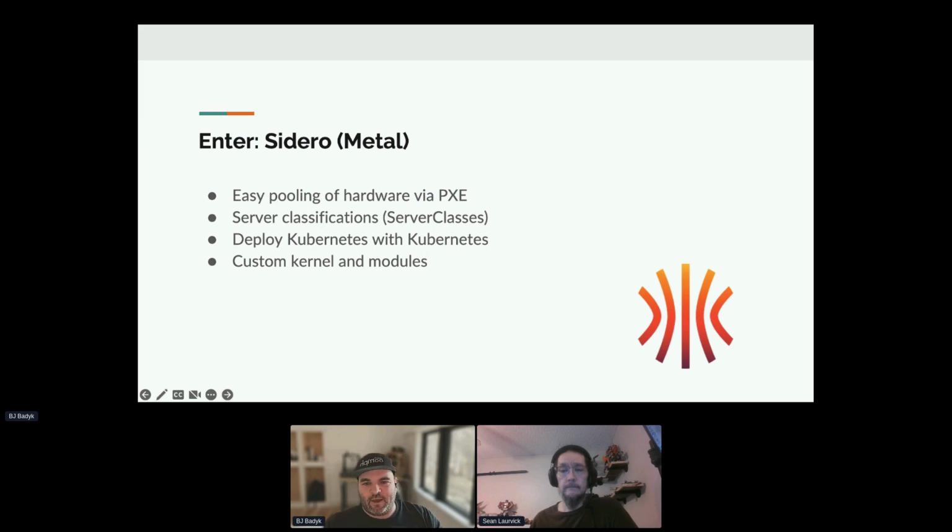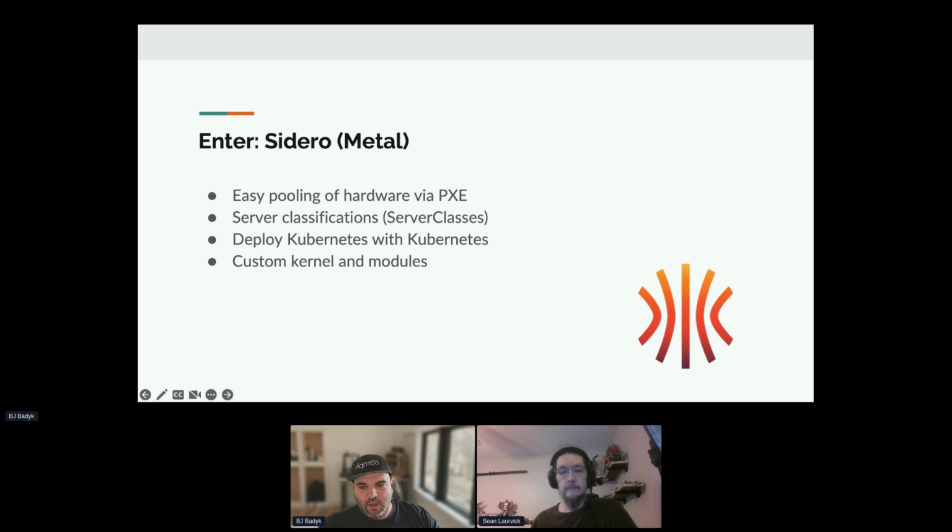We just grabbed a VLAN. We run VXLAN, so it's really easy to take a VLAN and just have it span across any number of cabs in a data center. Again, we were limited on hardware. We had to work with a lot of older hardware, also with newer hardware, and we were able to easily classify that using server classes. So you can basically read some of the metadata on the box and then pull it in and classify it, and then add those workers as needed into whatever clusters you want. And it made it really easy to do that.